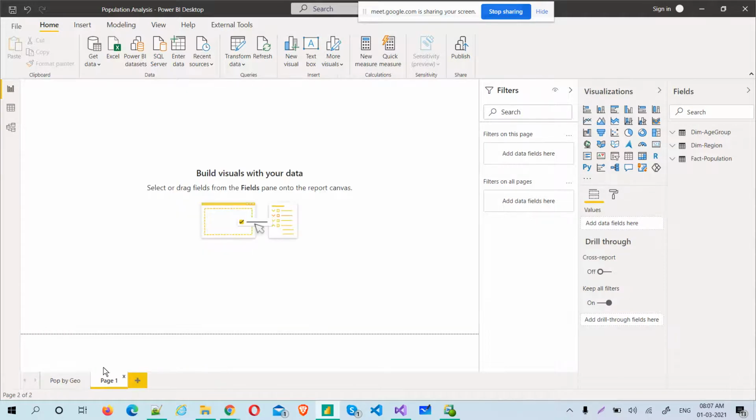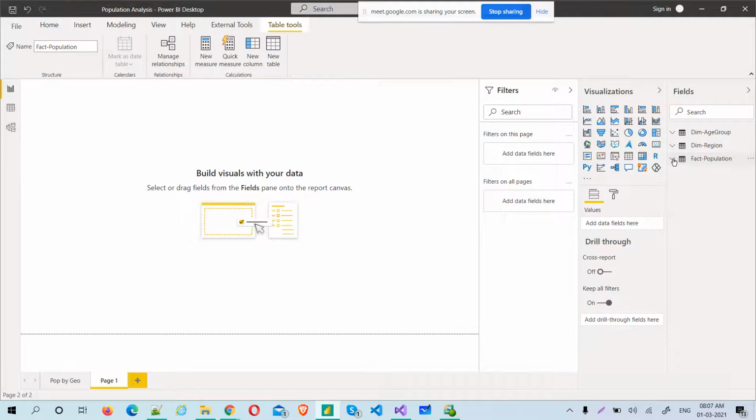Here basically I would like to use a line graph, a multi-line graph, this one. To do that, I want to take population first. I'll show you the benefit of it and also the limitations of that line chart. So let's be curious.